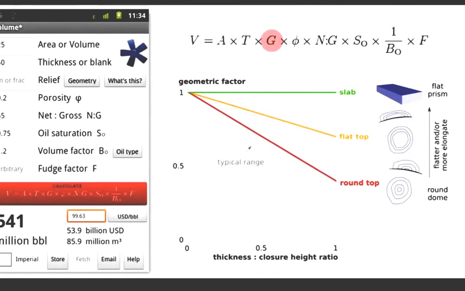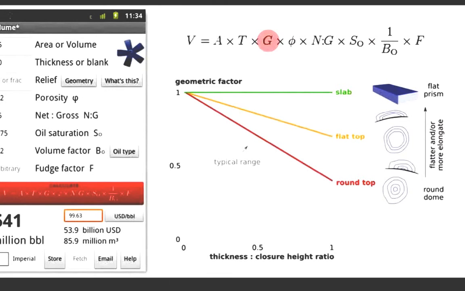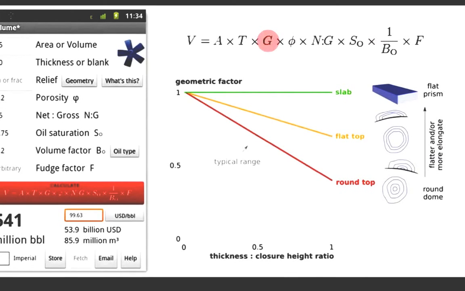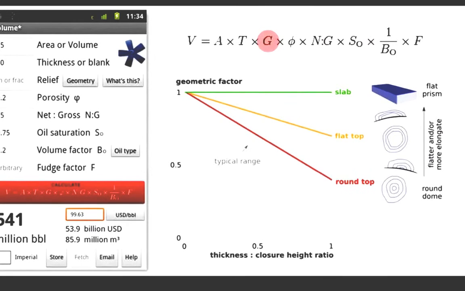Here's one of our apps. It does volumetrics. And you could say, well, I can do that in my head. Well, maybe not in your head, but I can remember that equation, no problem. I can just pull out my calculator and I don't need an app to do something like that. And fair enough. But what we like to think is we can actually tuck some expert opinion and judgment and things like lookup tables and cheat sheets